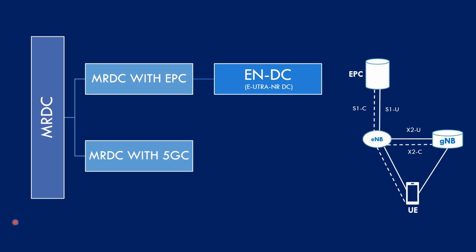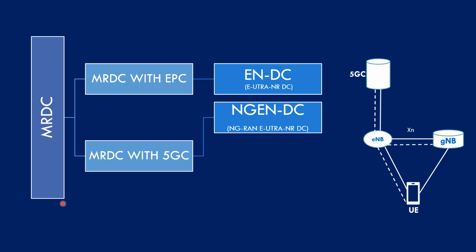Let us see other options when MRDC is with 5GC. So when MRDC is with 5GC, we have first one as NGENDC, where NG stands for NGRAN EUTRA-NR dual connectivity. NGRAN EUTRA-NR dual connectivity is when a UE is connected to one E node B, an NG E node B, meaning next generation E node B, which can be connected to 5G core. So these kinds of E node Bs are called next generation E node B or NG E node B. That is why in the name you can see it is